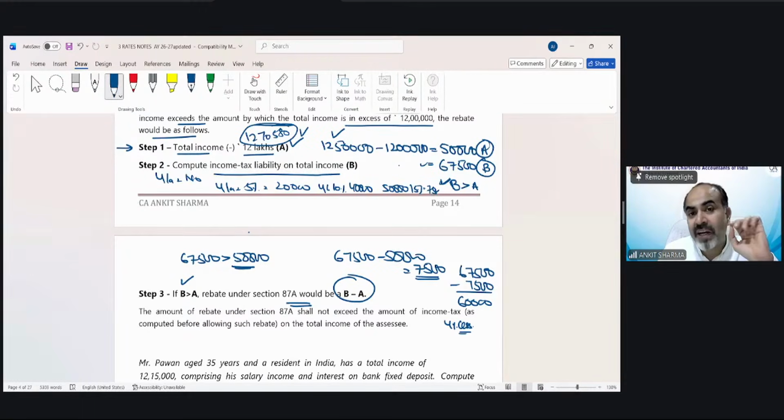As soon as the income exceeds 12 lakh 70,580, B will not be greater than A. You can calculate it yourself. Take the income 12 lakh 70,600 and apply these A and B, and you will see B is not more than A. I have calculated 5 or 6 times and found that up to this value, B will be greater than A.